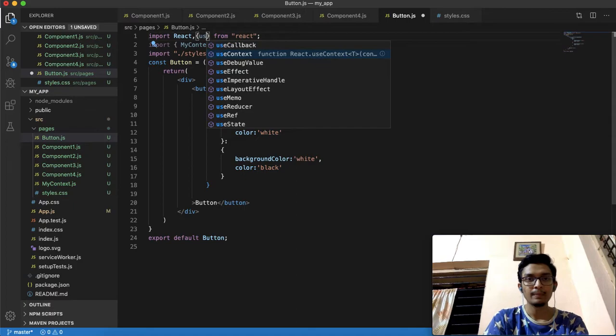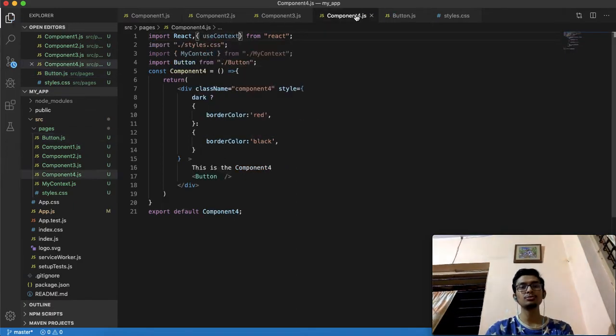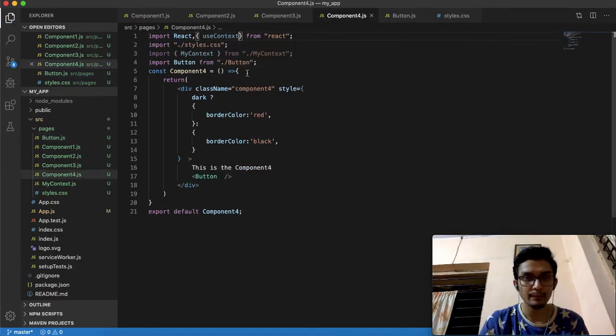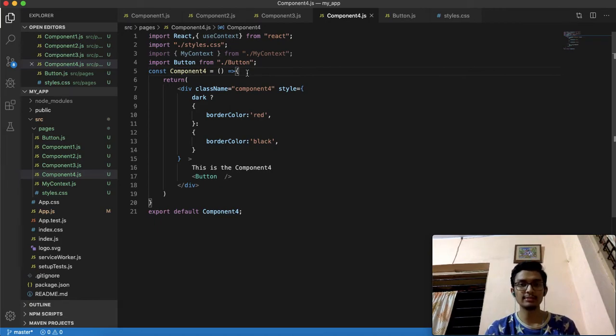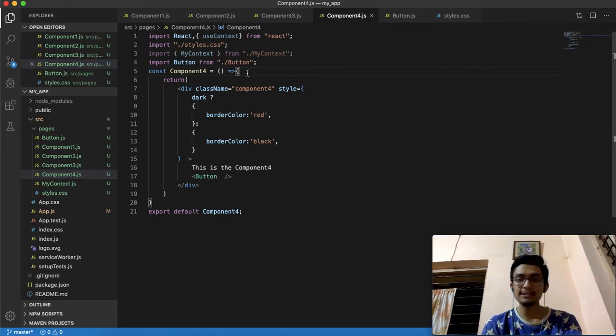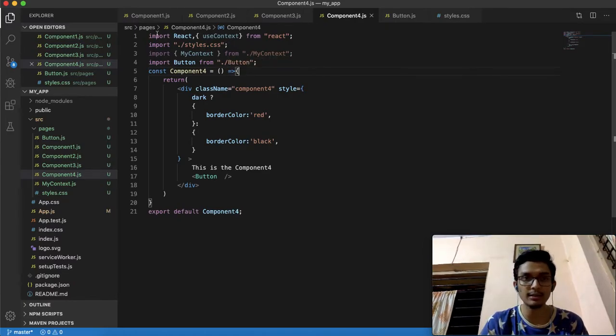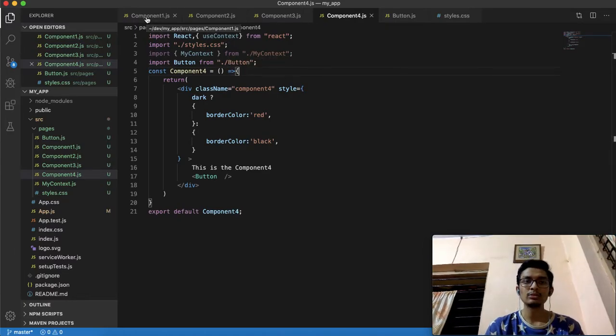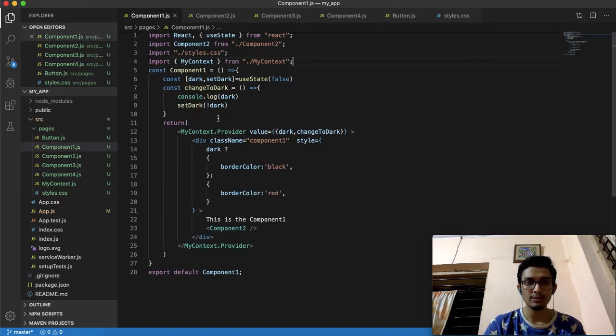The functionality of useContext is that it basically fetches the value of the nearest context provider. As you can see, component 1 has a context dot provider, and this is the nearest context provider, so it will take its value.